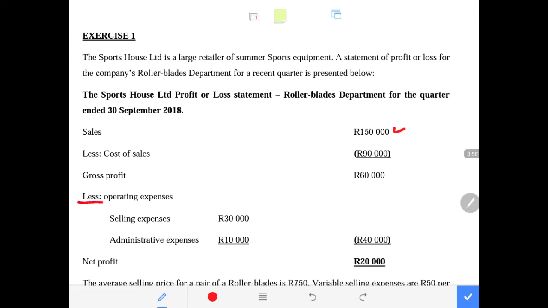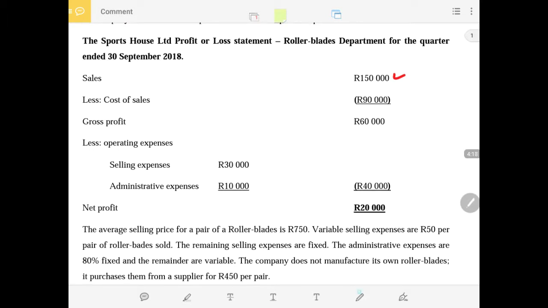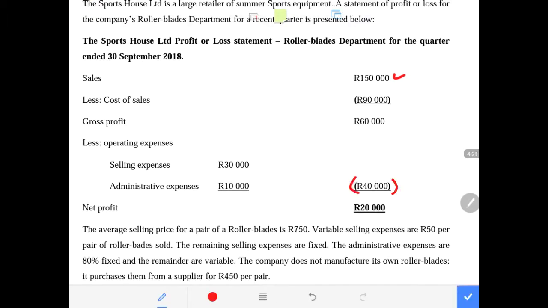Then we deduct the operating expenses, which are selling expenses and administrative expenses, expenses that have to do with the operation of the business. Our total operating expenses amounted to 40,000, which is 30 plus 10. If we say 60,000 gross profit minus 40,000, this gives us the net profit of 20,000